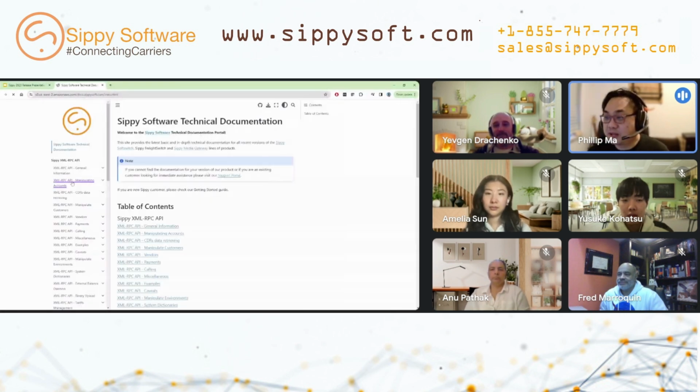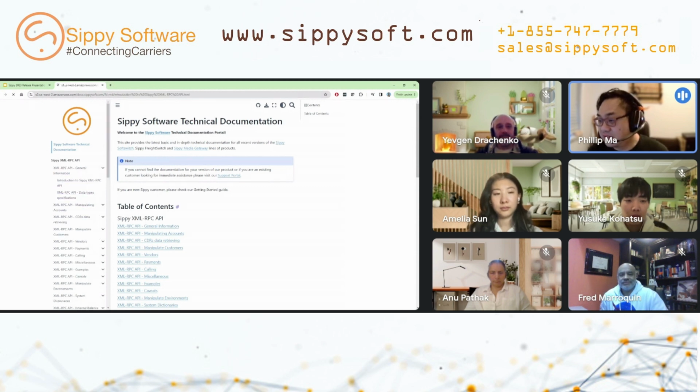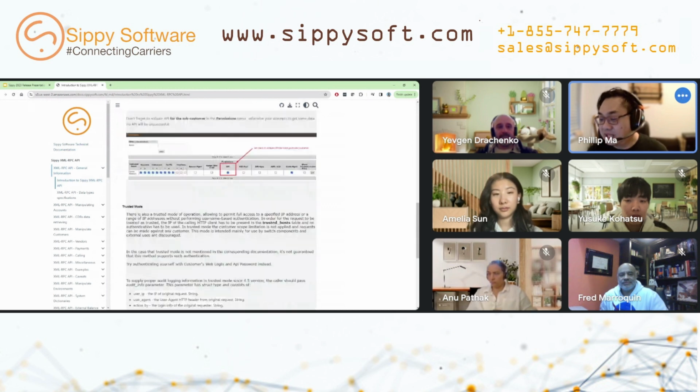Just to give you a sneak peek of what this documentation will look like, this is based off of Read the Docs. If you've ever done any technical writing, this is a very common system out there. And you can click through and see different articles that are out there as well, based off of what you see.